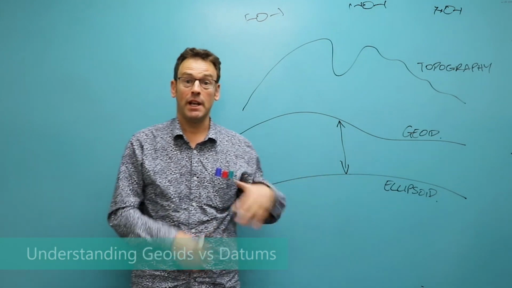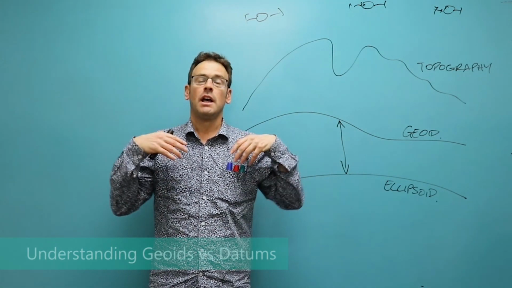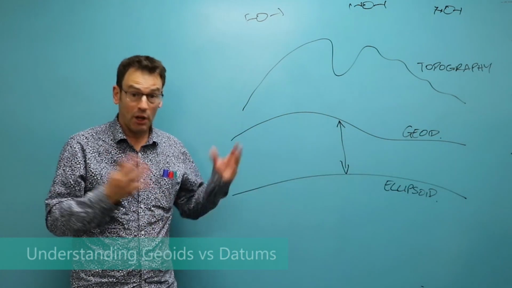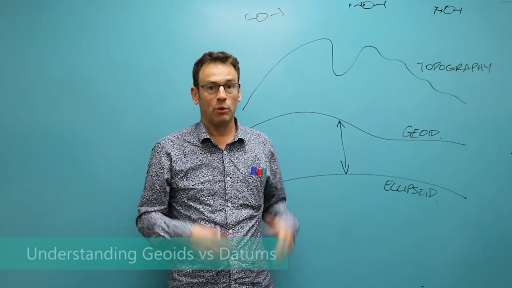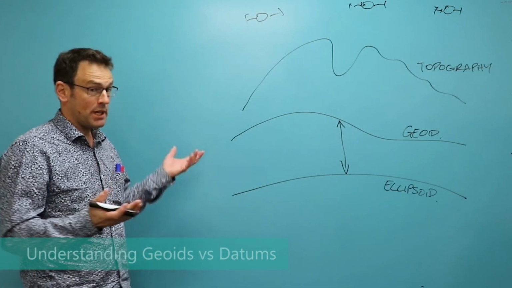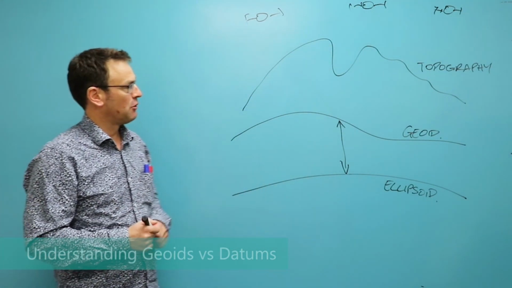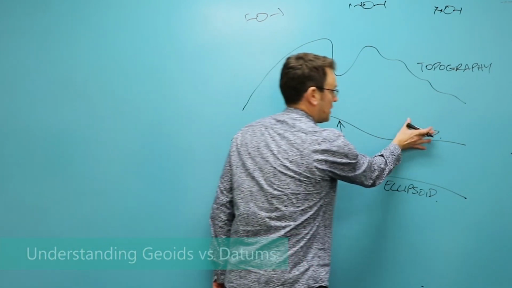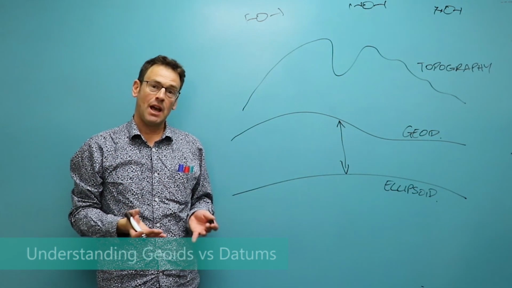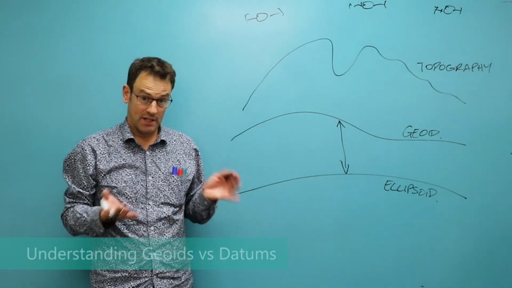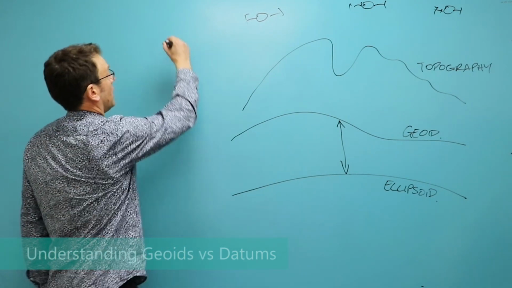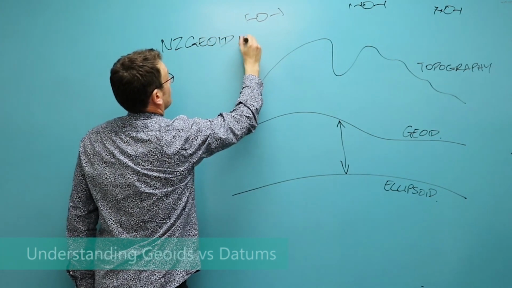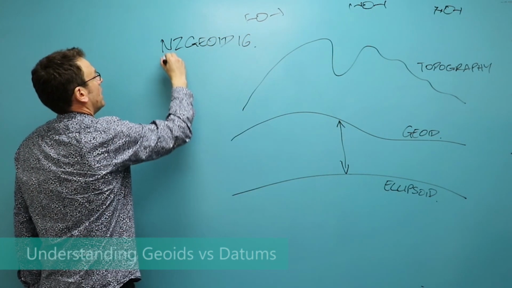A lot of time and effort, as you'll hear from my colleagues at LINZ, has gone into measuring gravity and getting a very good model of this geoid across our country to centimetre level, and that should be celebrated. What we do need to understand though, is that there are two main ingredients that come into defining an accurate datum. One is the geoid, and the second is how we actually physically define that datum. So we have two things. We have NZ Geoid 2016 and we have NZ